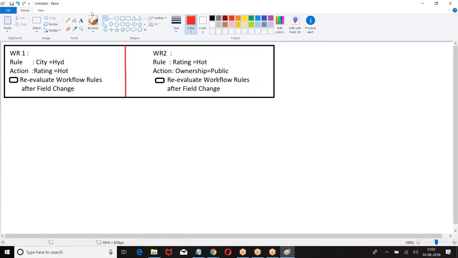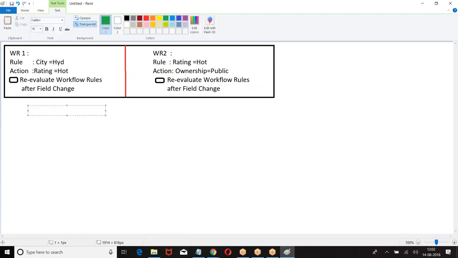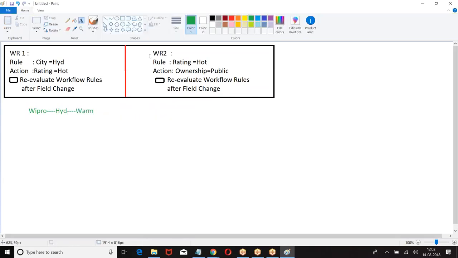Okay. Now I am creating a record. Wipro, Hyderabad. This is the record I created. Now if you look at this record, when there are multiple workflow rules, what will happen?